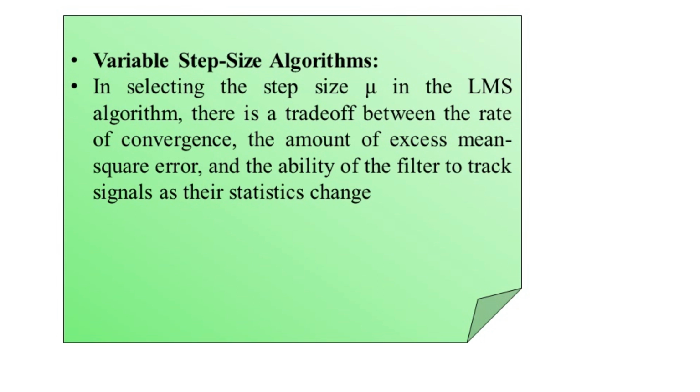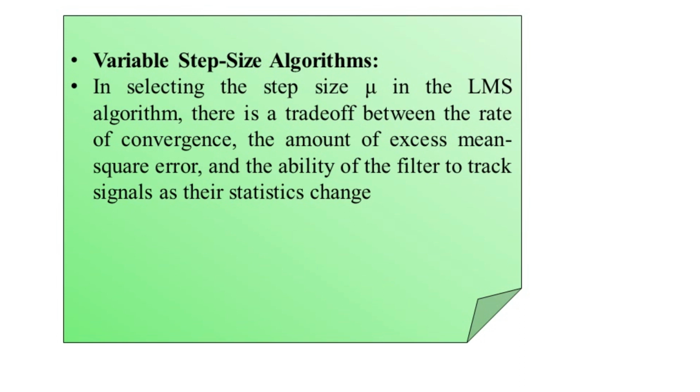And then as the filter begins to converge in the mean to the steady state solution, the step size should be decreased in order to reduce the excess mean square error. So from this, one observation can be made that there is the possibility of using a variable step size in the LMS adaptive filter, and that is what we are going to focus on. That is why the third type of the LMS based adaptive filters here is the variable step size